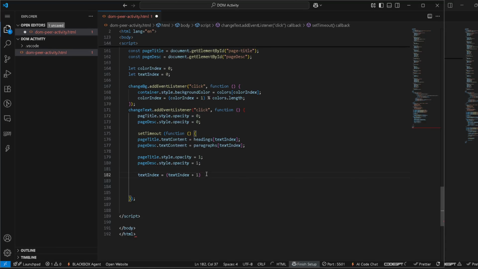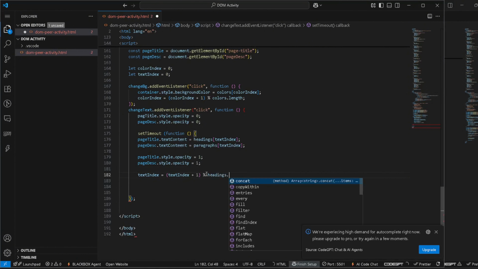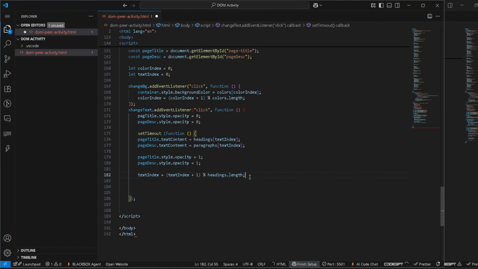Also is the percent, targeting the headings. Length, and then parameter. Let's put 500. Yeah, so